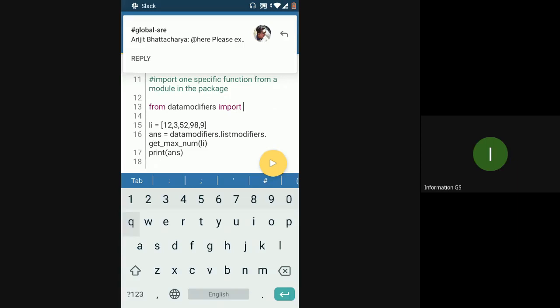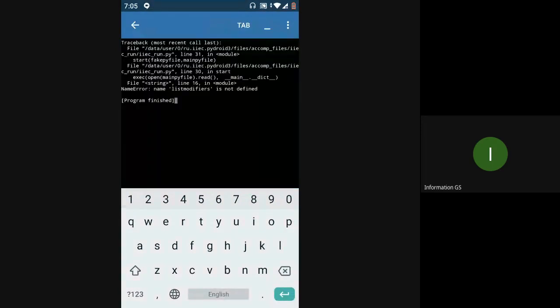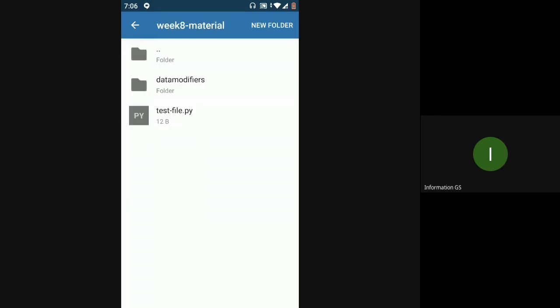Import star means import everything that is present there. Let me check this. No, still no. Data modifiers list modifiers.py.